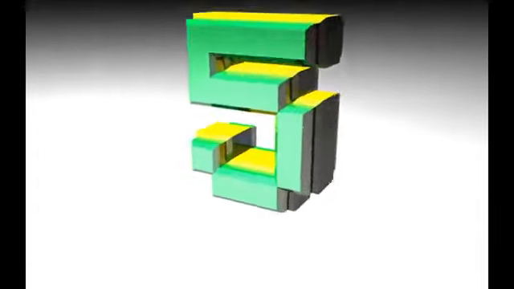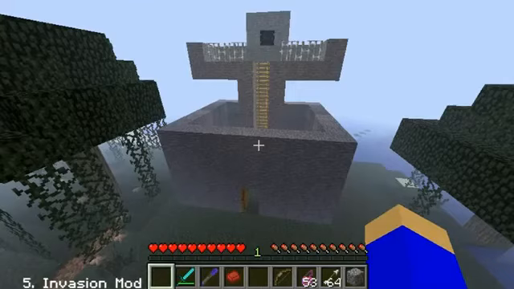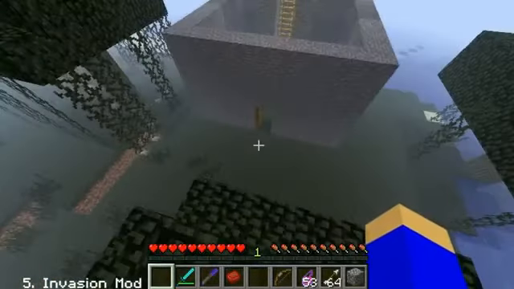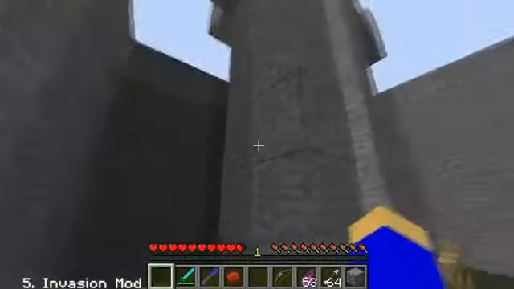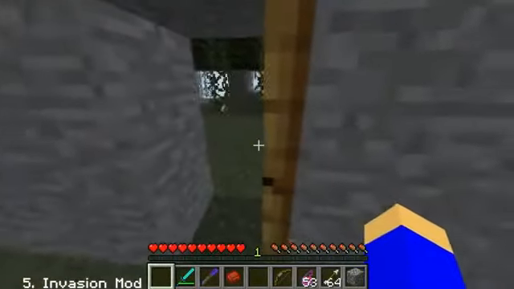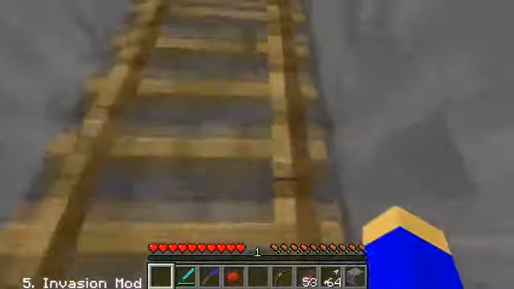At number 5 we have the Invasion mod. The object of this mod is to guard this block with your life. Alright people, so this is the marvelous structure I will be using to defend my Nexus block, which you can see right up there. Let's check it out. As you can see, very nice architecture built by yours truly. I'm gonna close that, open that, close that, climb this,